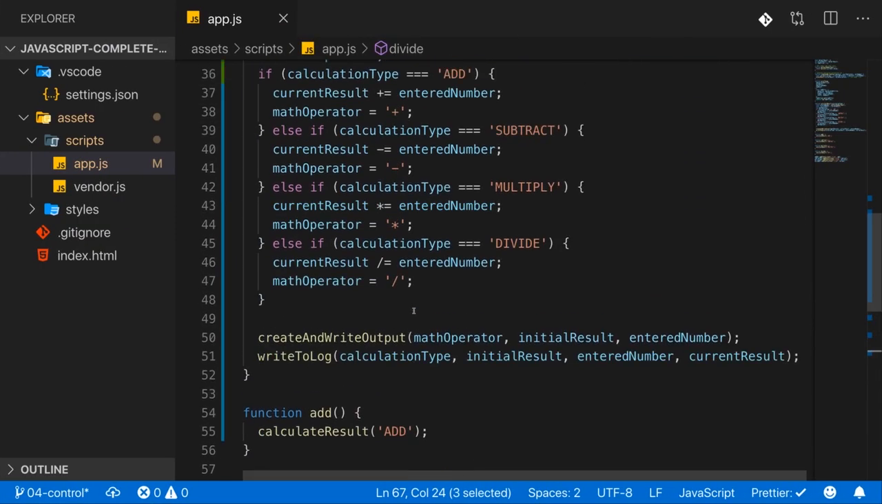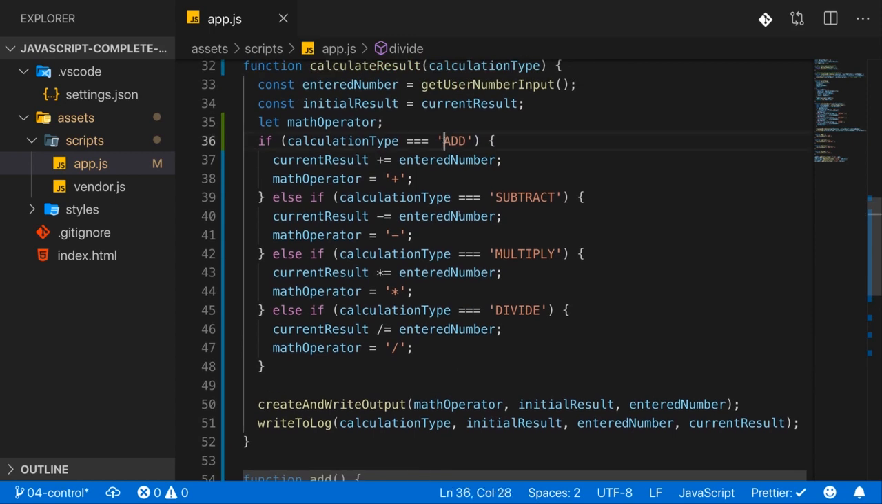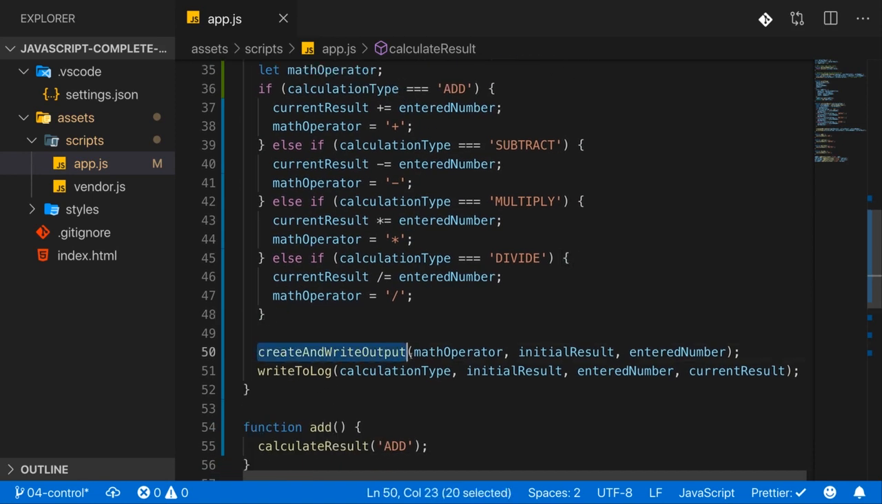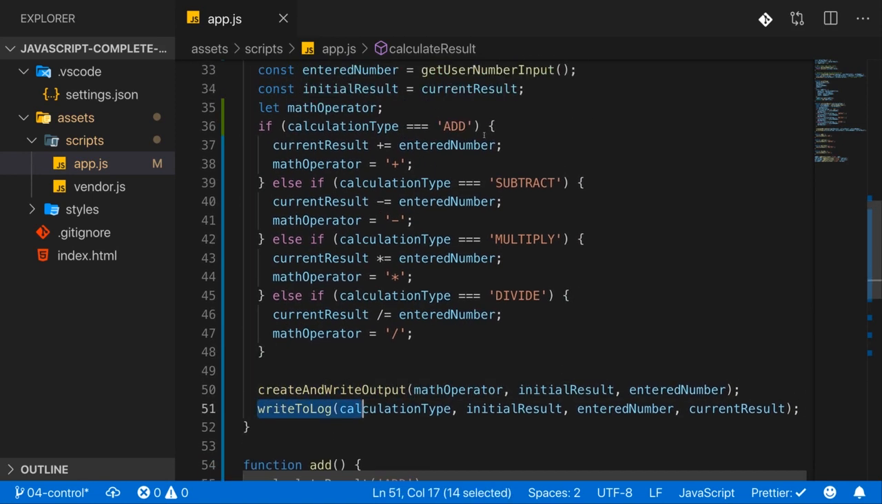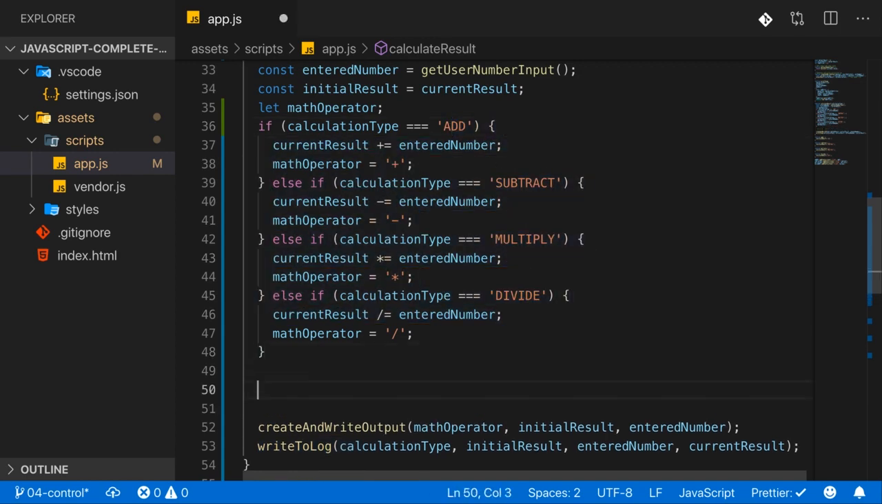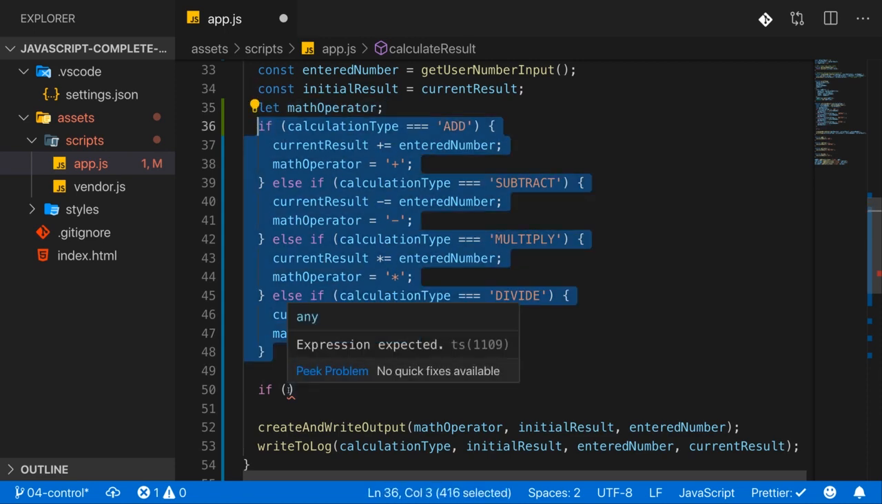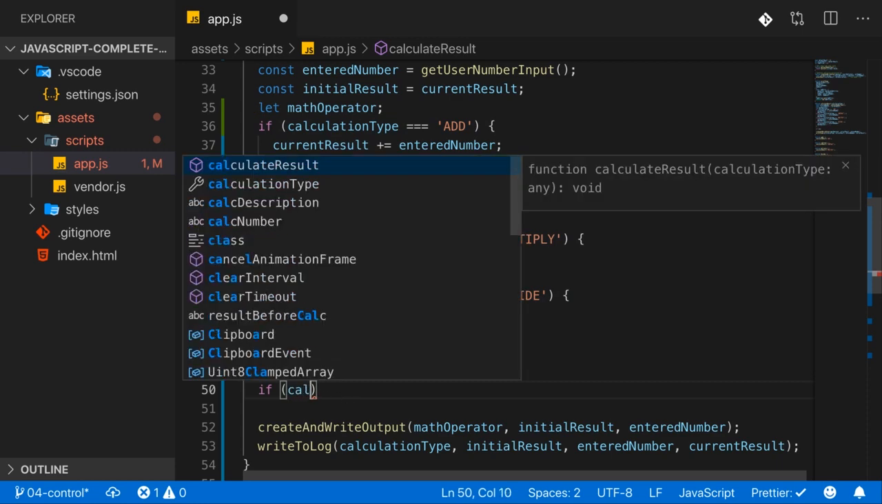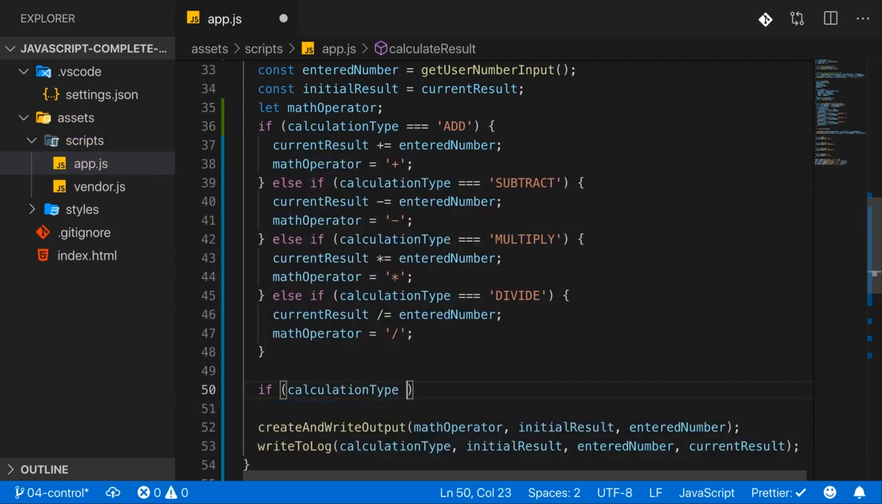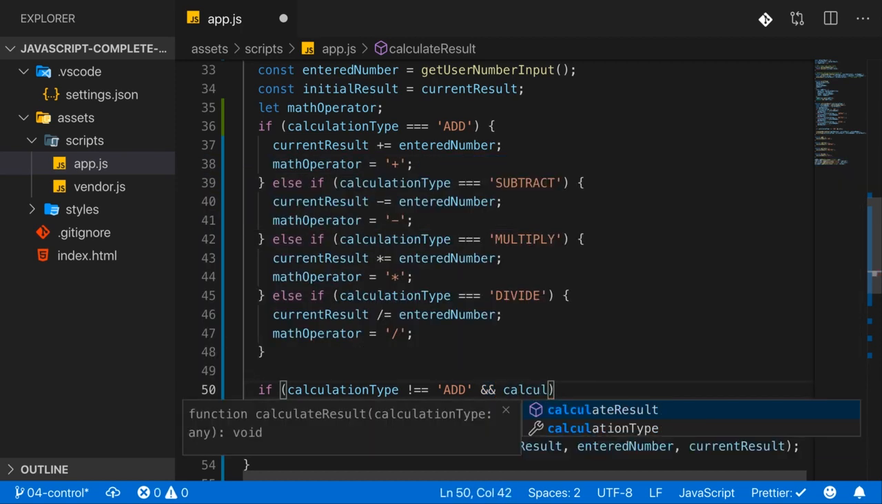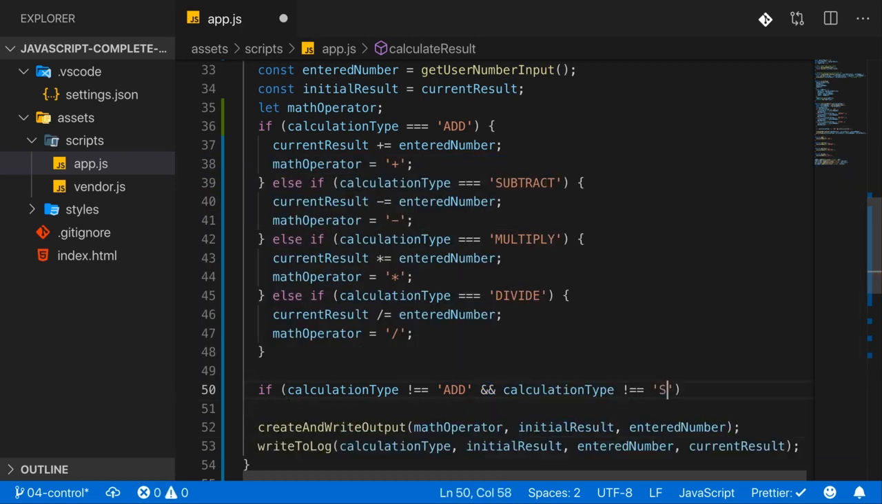Now, this is the case because div is not a case handled here. Now, maybe we don't want to change the logic how we handle that here, but we want to make sure that we don't try to create an output or write to a log if we meet none of these values. So then we could add another if statement here, which executes totally standalone, detached from the other if statements, so they don't work together magically or anything like that. But here we could check if calculation type is not equal to add, and now the double ampersand operator, calculation type also is not equal to subtract,